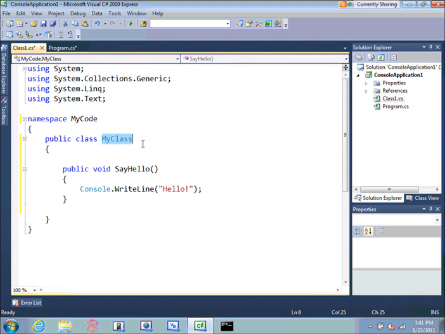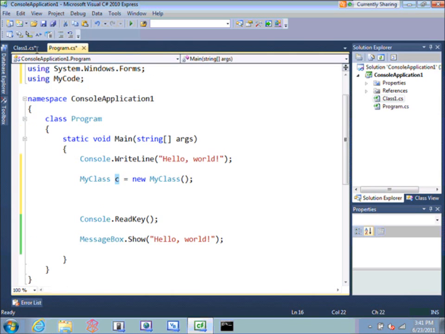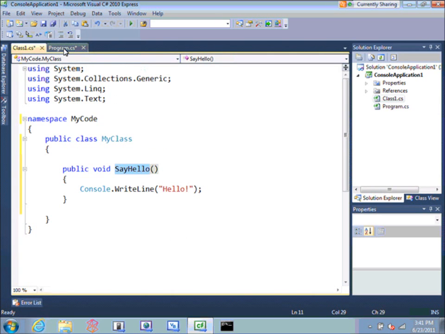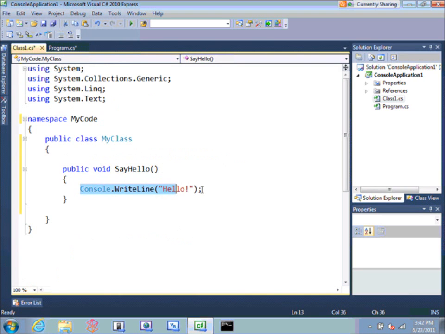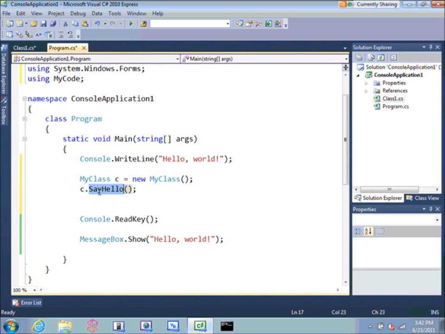of this class here, and then this class should contain a single method called SayHello, in addition to some of the basic functionality. So here's the SayHello method. And now when I run this application, we're going to get hello world on one line, and then this code is going to execute, and that code is actually going to say hello on the second line after hello world. And then it's going to pause and wait for us to press the key, and then lastly show the dialog